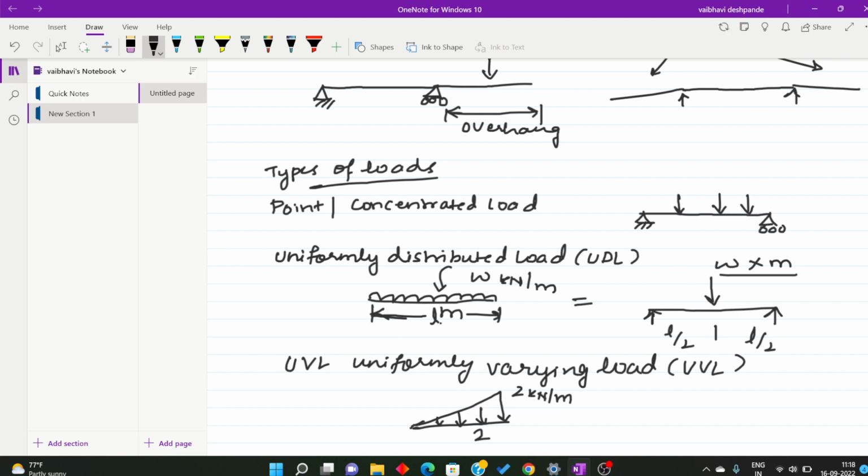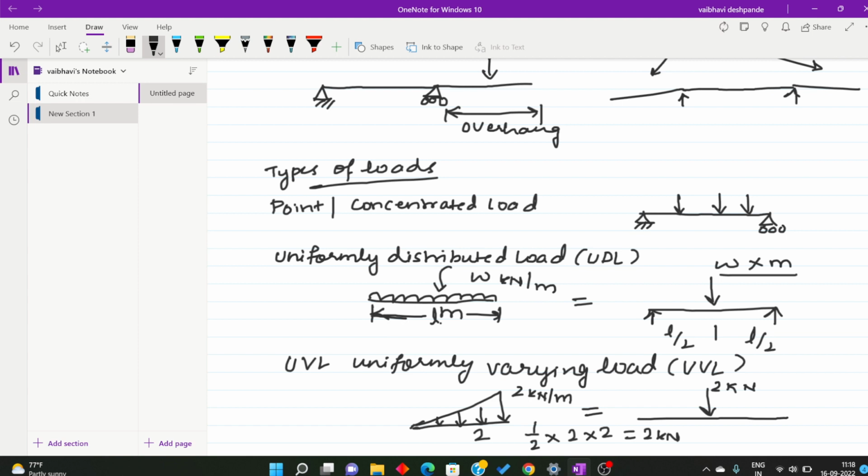Okay, then the area of this triangle will be the magnitude of point load, equivalent point load if I want to represent. Then it will be half into base is 2 meters into its intensity is 2. So it will be 2 kilonewton. That is 2 kilonewton will be magnitude of the equivalent. You can replace this UVL with this point load by taking half into base into its intensity 2 kilonewton, and